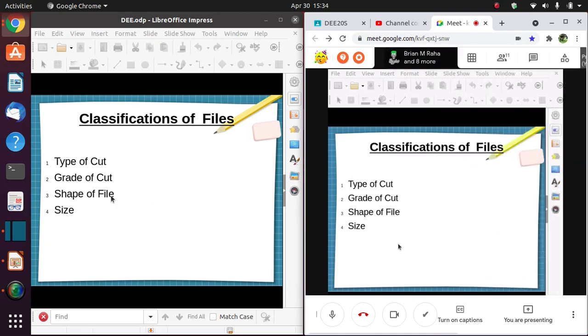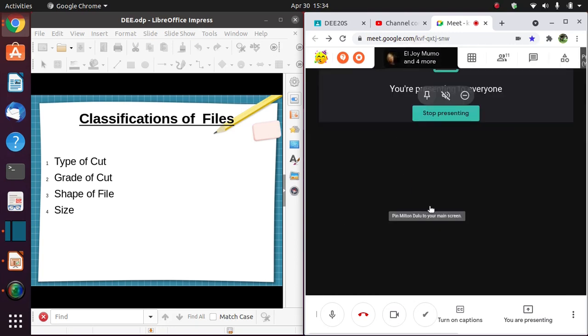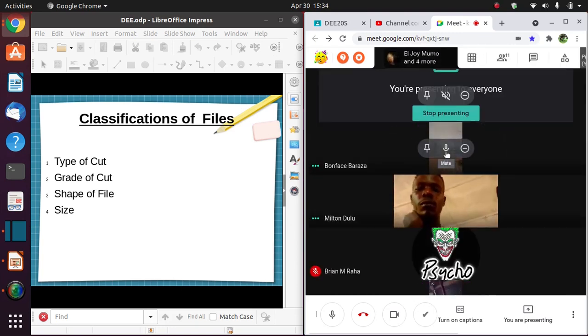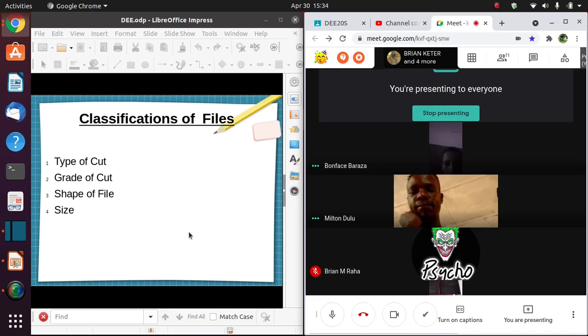Now, grade of cut, type of cut. Now, type of cut, utapata kuna file ambayo maana yake ni row ni moja. We only have one set of rows in one direction. Kuna zile ambazo zitakuwa in